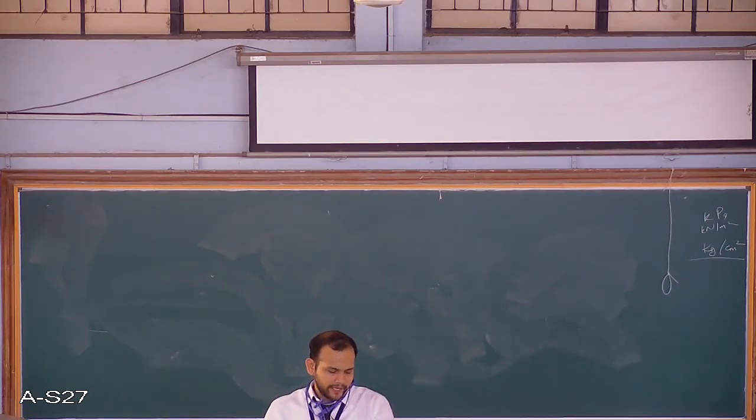The soil failed at a shear stress of 40 kPa when the normal stress was 50 kPa. So sigma and tau are given. Find the phi, the angle of shearing resistance or angle of internal friction.